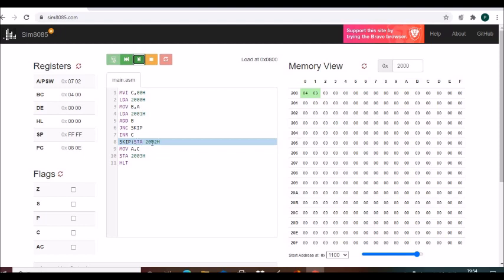So whatever data is in the accumulator will now get stored in 2002. Okay, so you see here 07 is loaded in 2002. Okay, then whatever data is there in the C register, that is the 00H I have initialized that register with, it will go to A. A is loaded with 00H. Now whatever data is there in the accumulator will be loaded in 2003. 00H will be loaded in 2003. Okay, and then HLT. So our program is executed. So after execution, 04 and 03 were initialized, the sum is 07 and carry is 00. So this is our first program. I hope you understood.